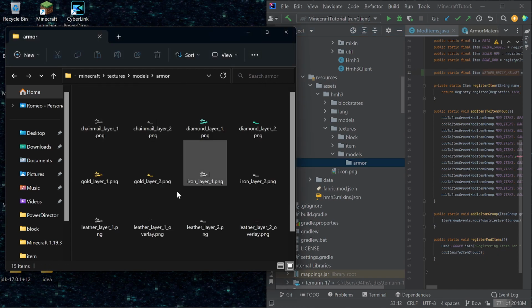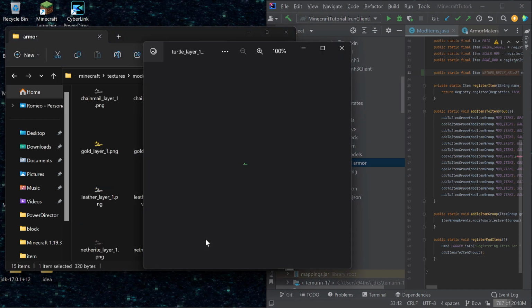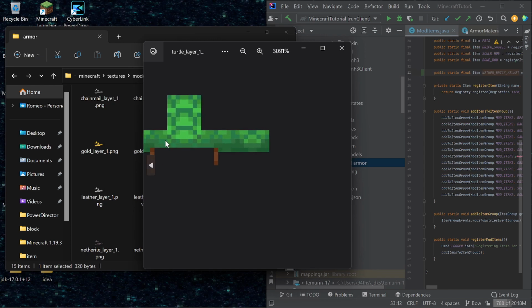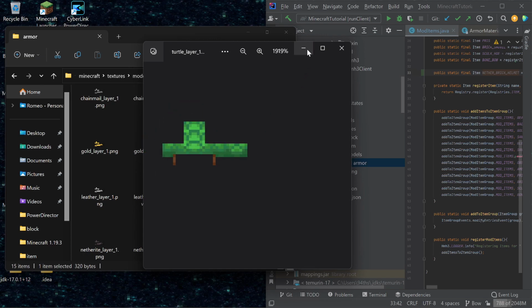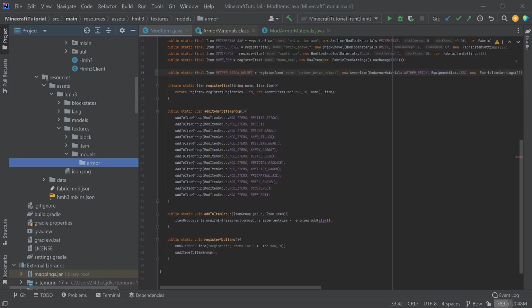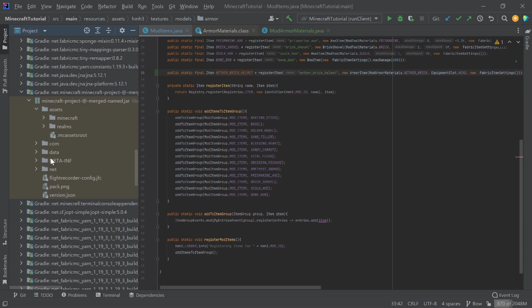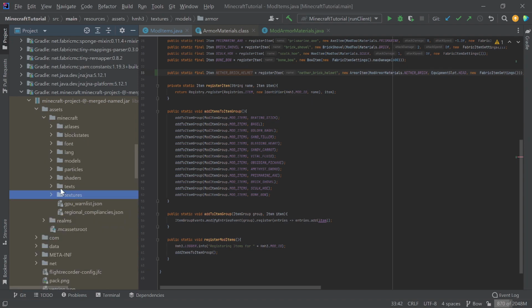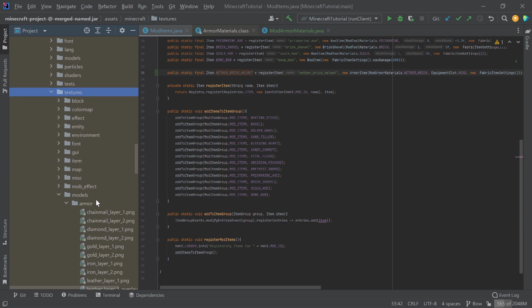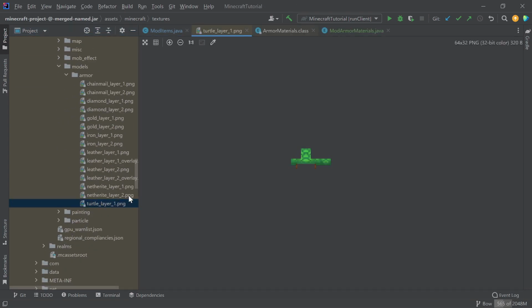And then in here, it says the chainmail, and then it's got the layer 1 PNG, and then layer 2. Let's take a look at the turtle helmet. So here we can see in our turtle helmet that it is simply just the helmet. And actually, I can better pull this up if I go down here, I believe. Minecraft textures, models, armor. So let's take a look at the turtle. So here we have the turtle, and you can tell it is the helmet. This is the top, this is the very back, here is the right, left side, and then this is the